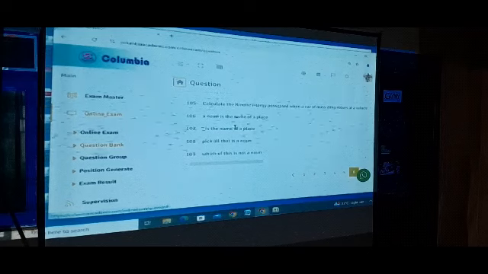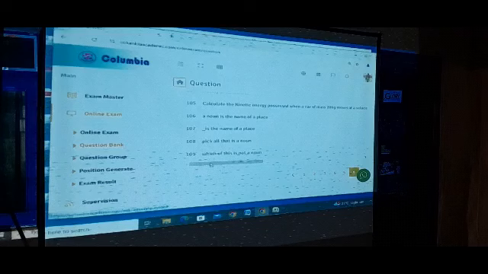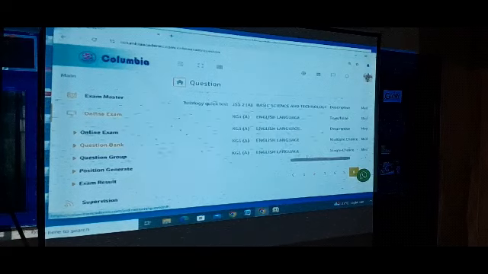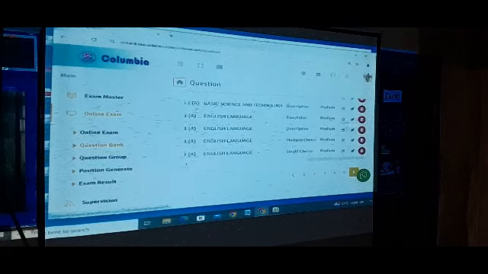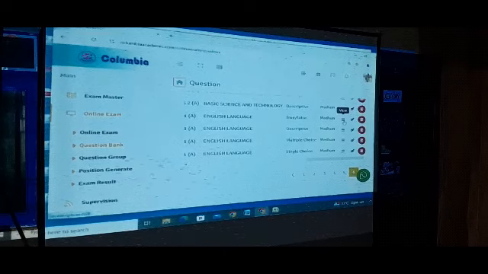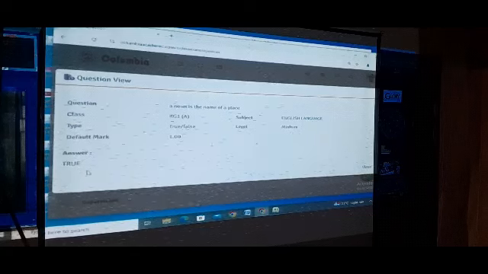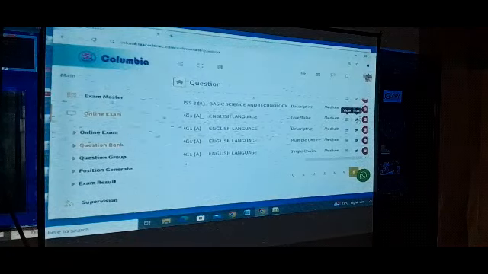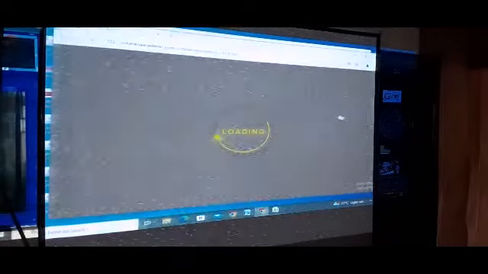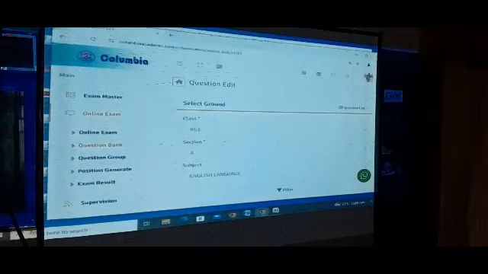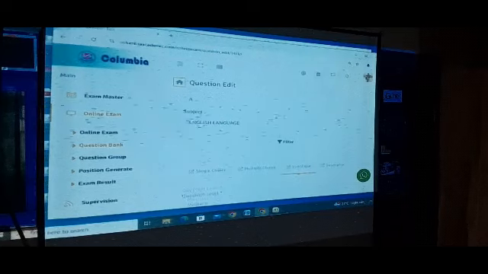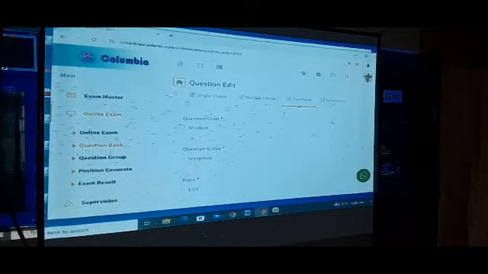So instead of me doing everything one by one, I just do everything under the CSV file from Excel, and I import everything one time. So I can still go ahead to view them and make changes anywhere I want. You see, I can view them, I can still make an edit. Let me see. Now if I want to make an edit, you can see I can change the medium and